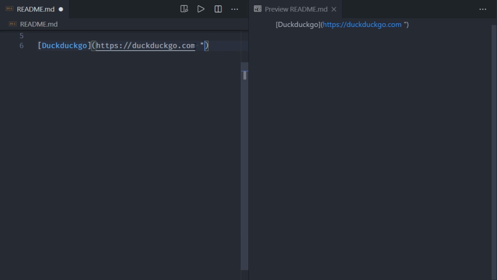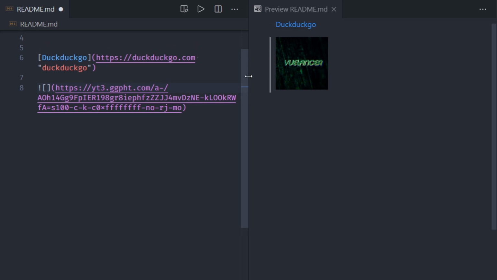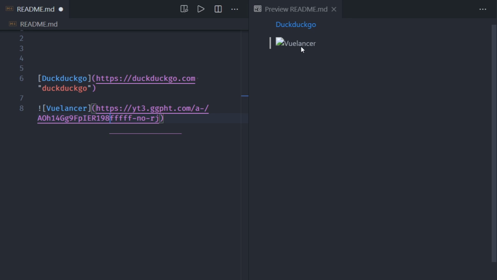Just like that, an image also can be used. Just add an exclamation symbol before the square bracket. Placing the image inside an anchor tag is also possible. Combine both these lines into a single line with minor changes. Make sure that you have given a correct image URL, else all text will be displayed with a broken image thumbnail.